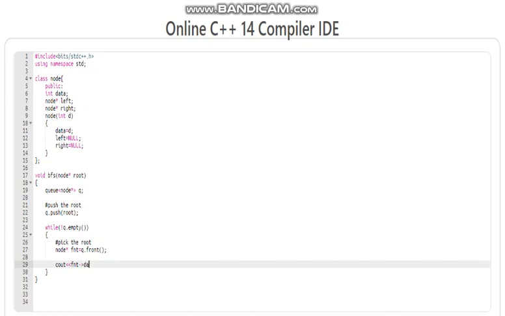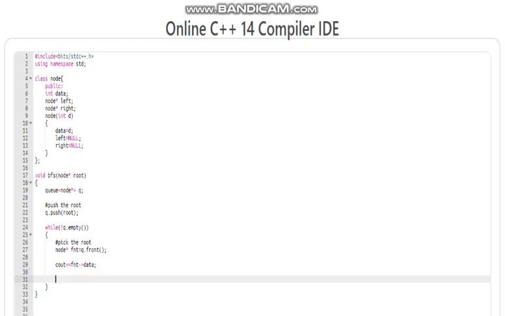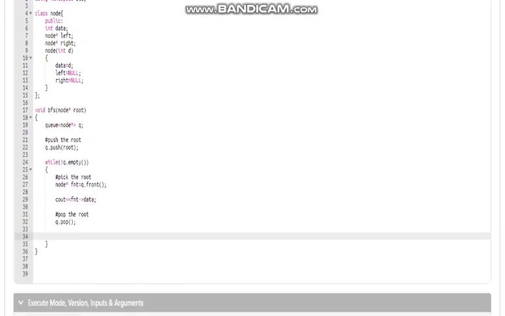We have declared variable data here, and now we will pop the root. So q dot pop will pop the root of the queue, and now we will push the neighbors of the root.